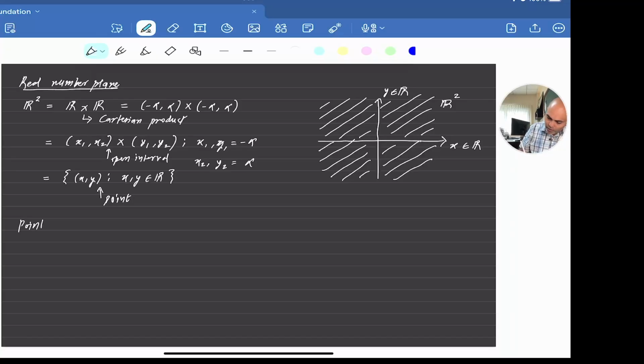Let's see how we can denote a point on R2. For example, (x, y) equal to (2, 5) is a set with one element. It is a set which includes one point,